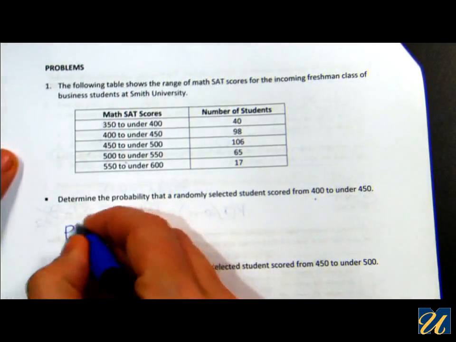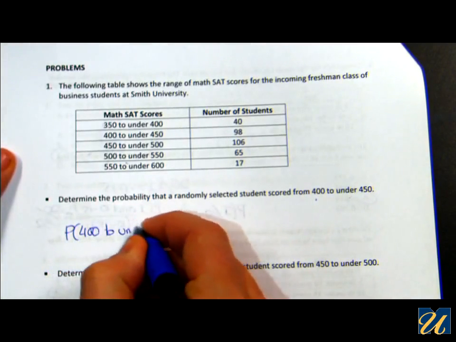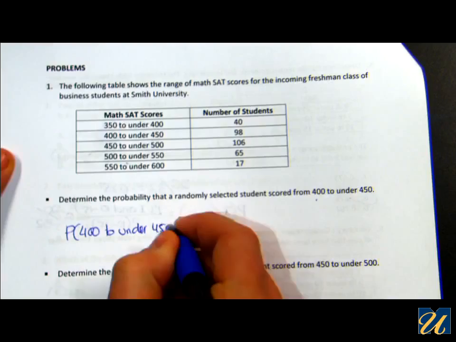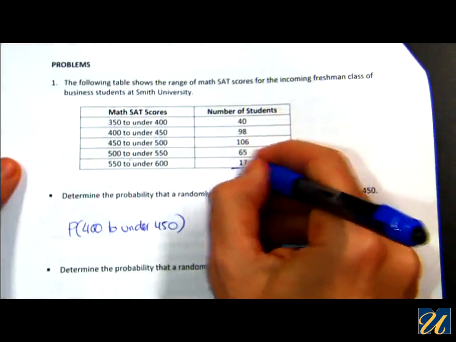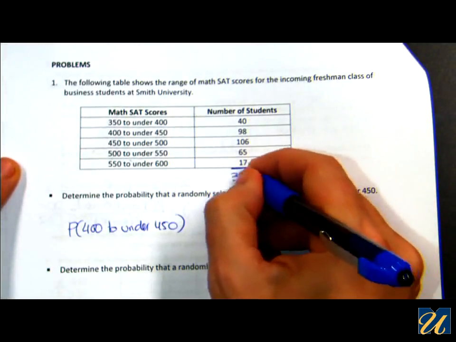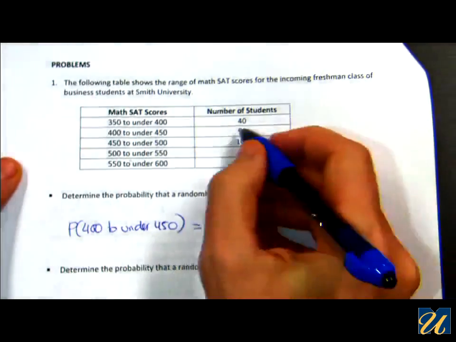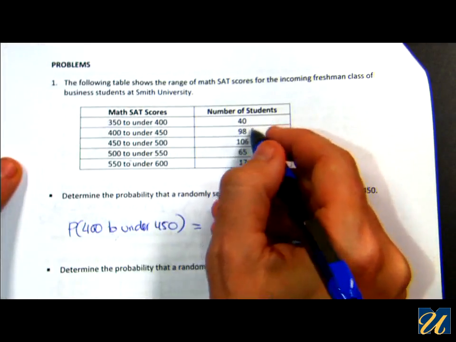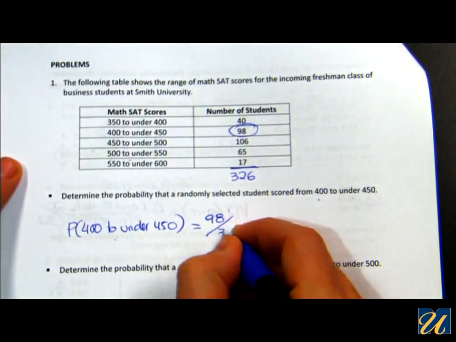First of all, we find the total number of students. The total number of students is 326. This is our category that I'm interested in. So we will take 98 over